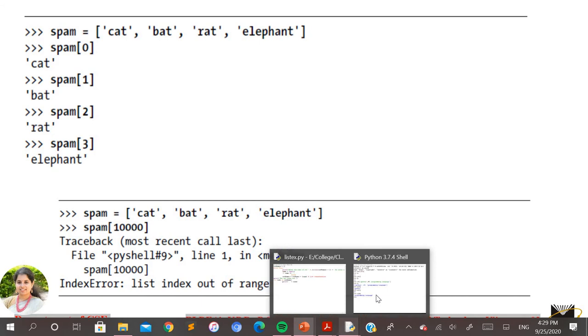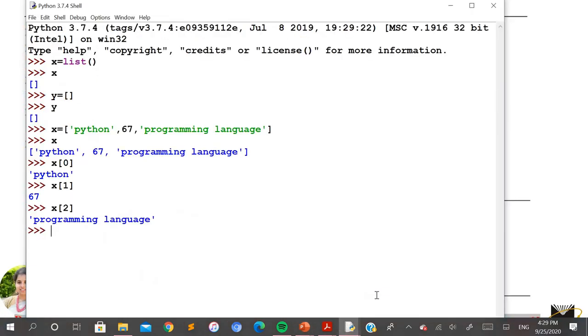So here I'll show you. You can see here, in this X variable, there are three elements. That means you have the element at the 0th position, the element at the 1st position, and the element at the 2nd position. So I'll try to refer only, will not go with 10,000. I'll just try to refer with X of 3. And let me check out what I'll get here.